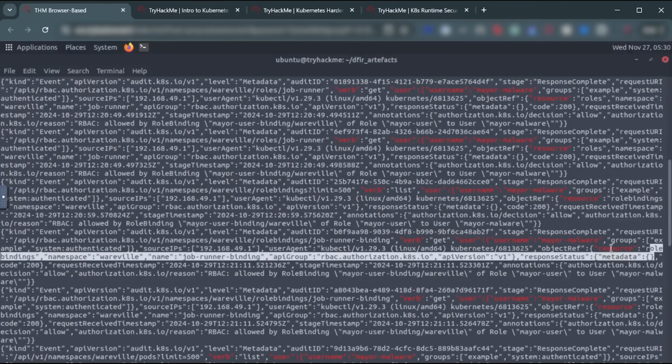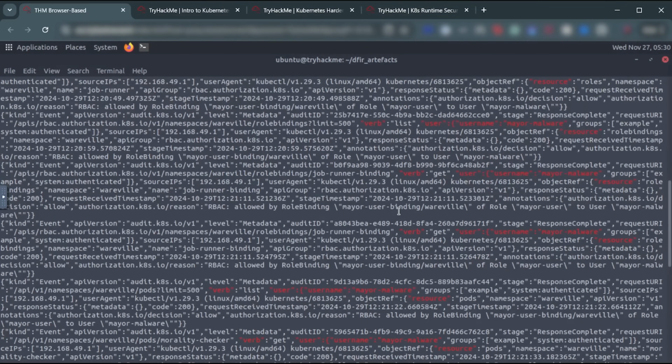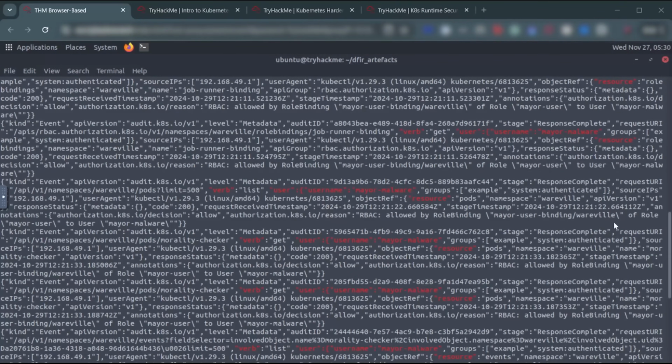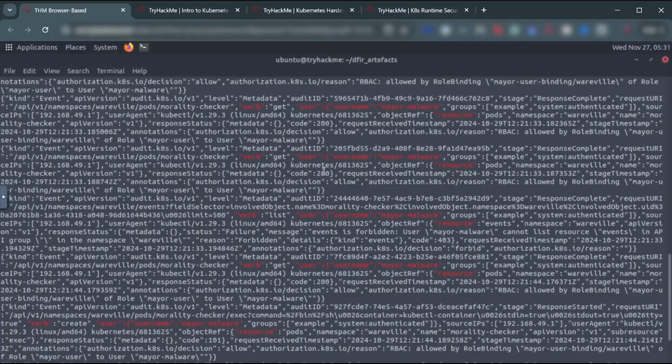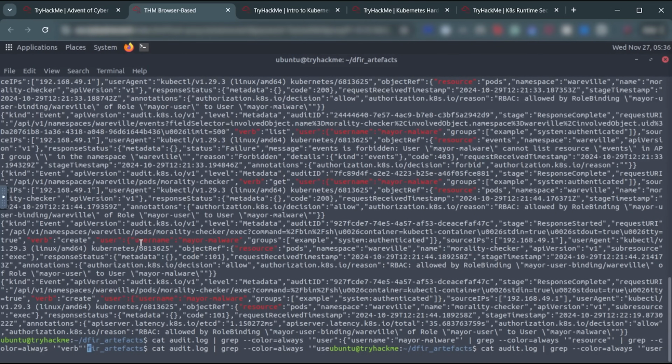In this case, they're actually able to find out about the role bindings, and they're enumerating the role bindings, specifically the access that they might have had through the job runner role, or even their own Mayor user role. And we see them further enumerating those role bindings. And then afterwards, enumerating for pods, as I can see right here, get, list, get, trying to identify the details within the pods. And we see here that when the pod is created, the pod is named morality checker,